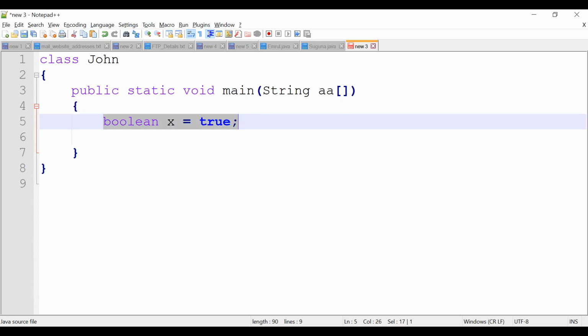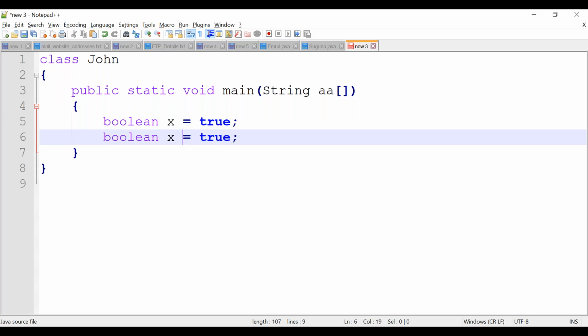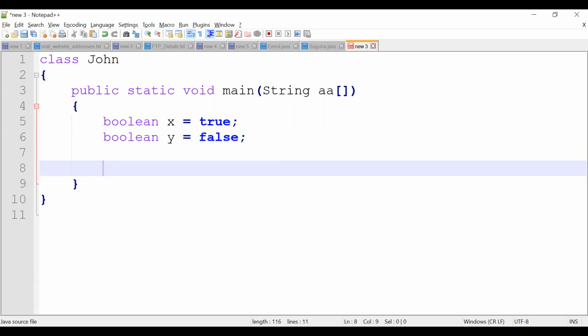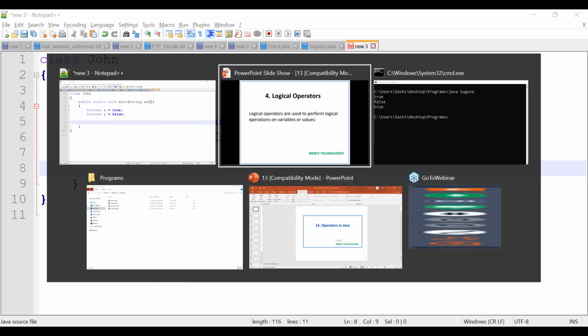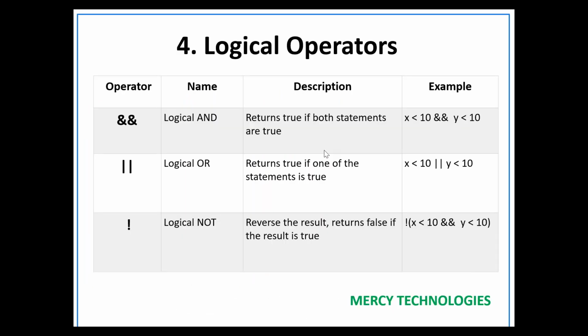Correct? Then I have one more variable, boolean y equal to false. Okay. Now I want to perform some logical operations. Under logical operators, you have three things. One is logical and, logical or, logical not. If I mention double ampersand, that is called logical and. Okay, this one is logical or, third one is logical not.